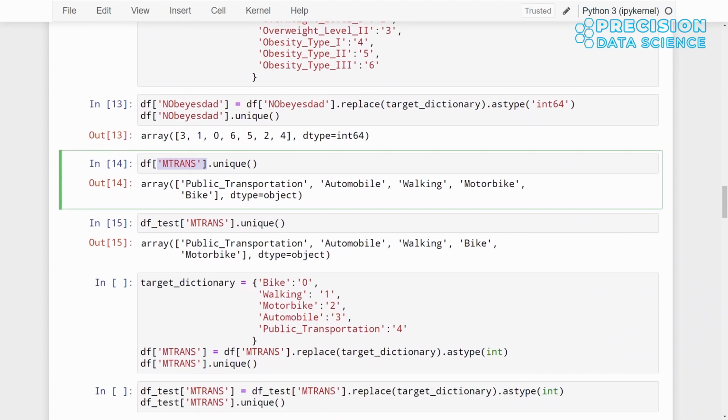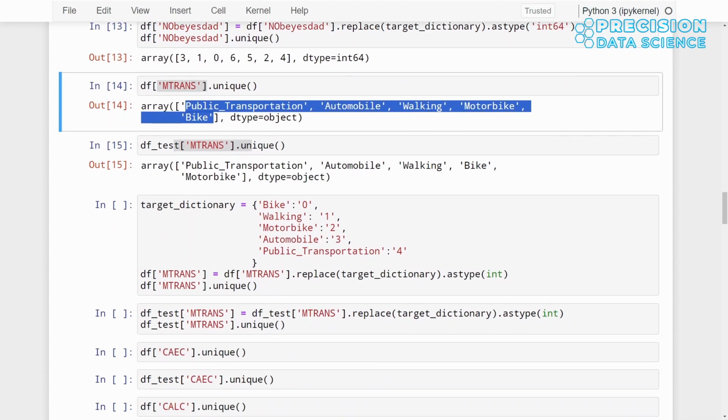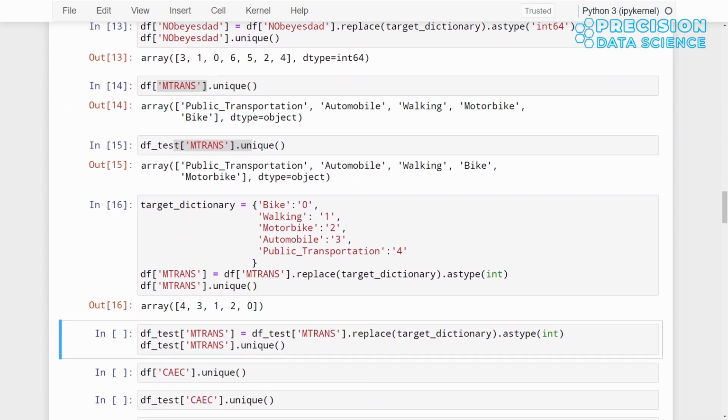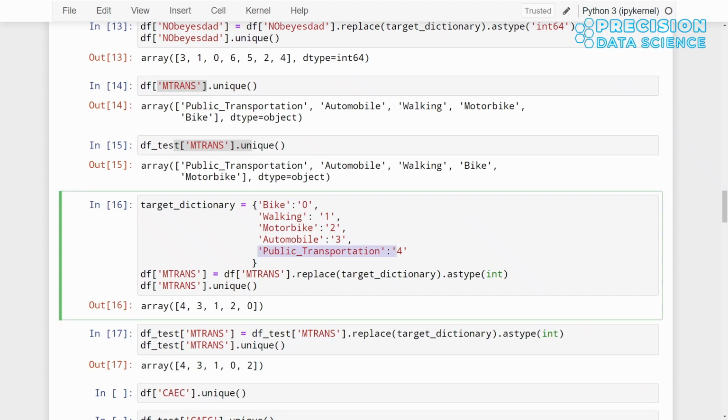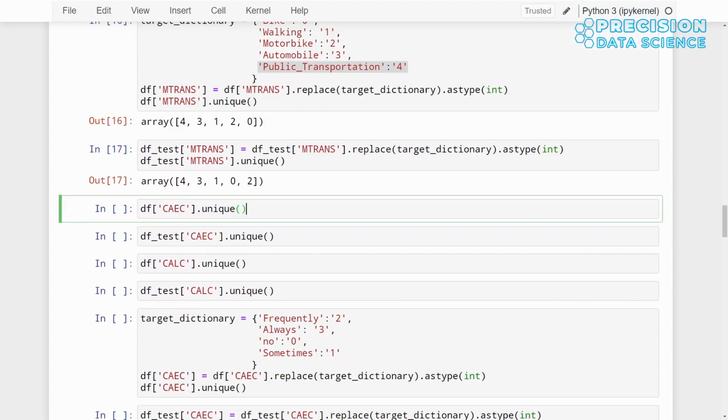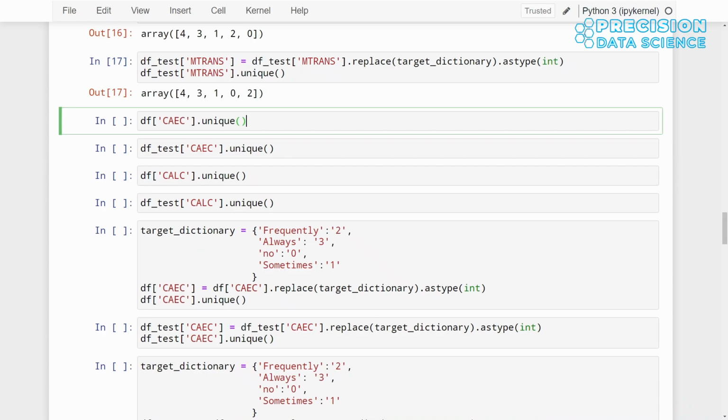Applying the unique method to the MTRANS column shows the different means of transportation used by the individuals. We have 5 unique values, and we can replace the categorical data with 5 ordinal values ranging from bike being a low value to public transportation being a high value. After replacing the categorical data for both train data and test data,